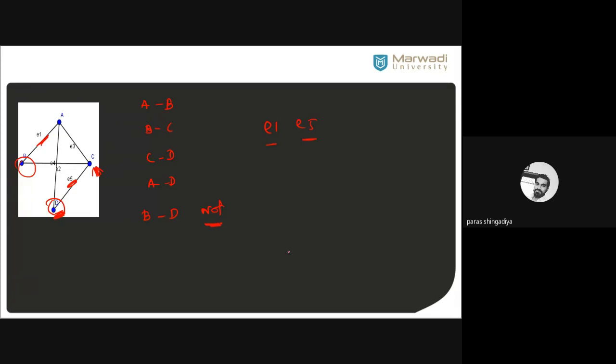And consider one more example. For adjacent edges, the condition is two non-parallel edges. That is one graph here with two edges, and that is another one, with three vertices A, B, and C. Clear? Now here we cannot say these two edges, E1 and E2, are adjacent edges, because they are parallel. But in the second graph, E1 and E2 are adjacent edges, because they are not parallel edges.